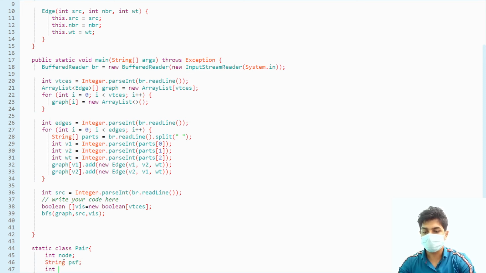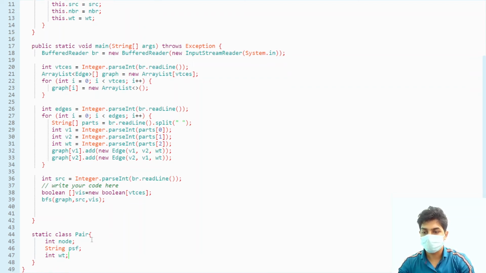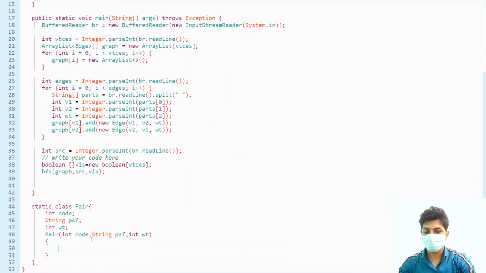Then we have one more integer, weight. Now let's make a constructor for it: integer node, string pathSoFar, and integer weight. Now we'll make this.node equal to node, this.pathSoFar equal to pathSoFar, and this.weight equal to weight.